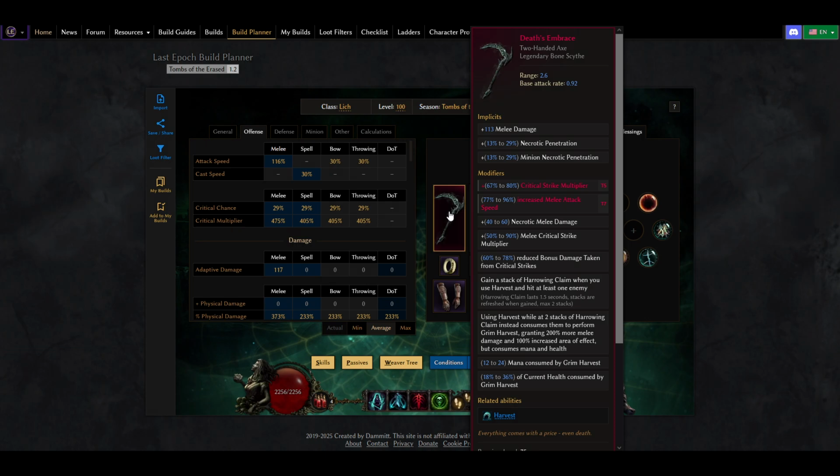We're using 3 uniques. Death's Embrace, very good. 2-handed axe is a scythe, I would say. So what this does, it gives you Harrying Chains when you use Harvest and hit at least one enemy, and when you hit 2 stacks of Harrying Chains, it consumes the stacks and gives you Grim Harvest. And that grants you 200% more melee damage and 100% increased area of effect, but it consumes mana and health,